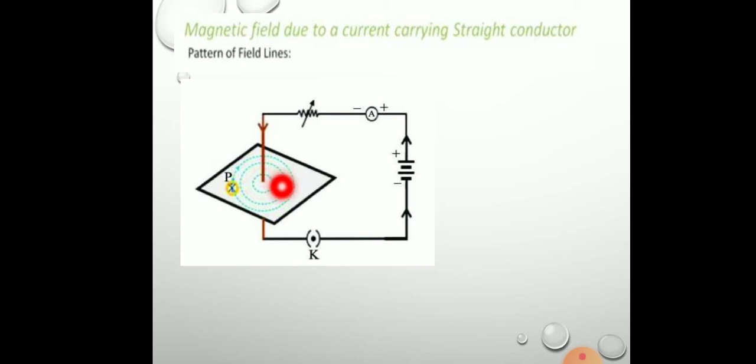Okay, and the iron filings were put over this cardboard. What happened now when the current key is closed? The iron filings arranged themselves in a specific pattern like this. You can see here the iron filings have arranged in a concentric circle pattern. You can see the concentric circles which are formed; the iron filings are in the form of concentric circles.